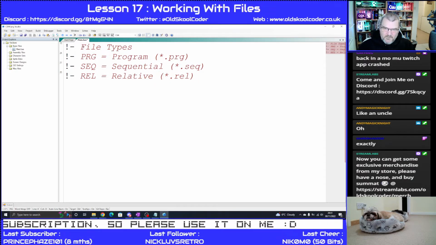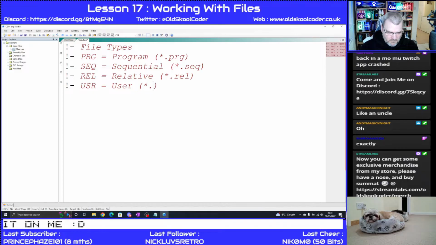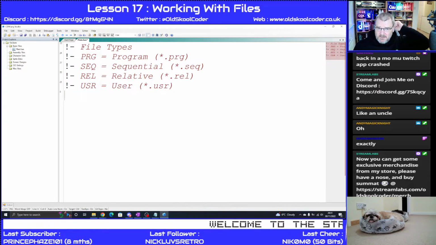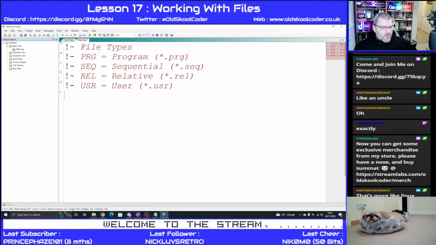And then the last but not least, the most rare one, is a user file, USR. Now, I've never created a USR file. I know they exist because I've seen it in the 1541 ROM, so it must be a throwback from the PET days. Maybe they used user files more than